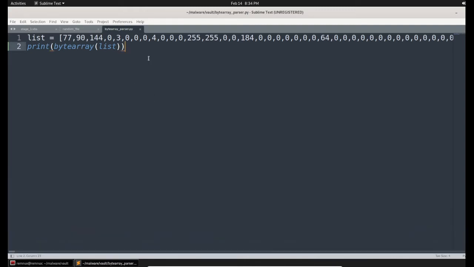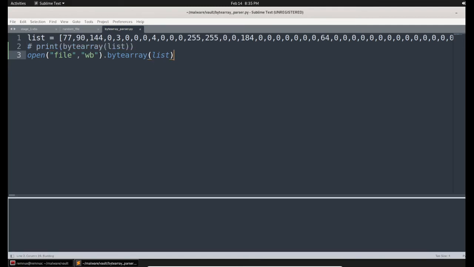So let me write the same inside a specific file. Open. I'm simply giving the file name here. File and comma. I'm writing the binary since it is byte array. This byte array is storing a binary file within this. We are going to give WB to write the binary, dot byte array list. So this is what we need to do. I'm commenting out the previous line. So once I execute this,